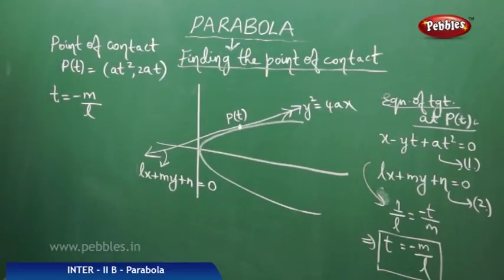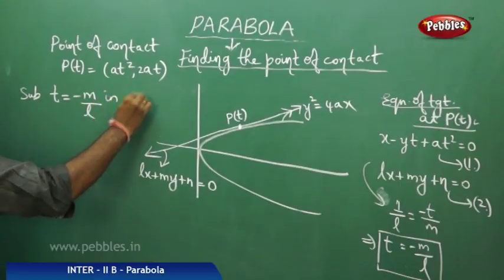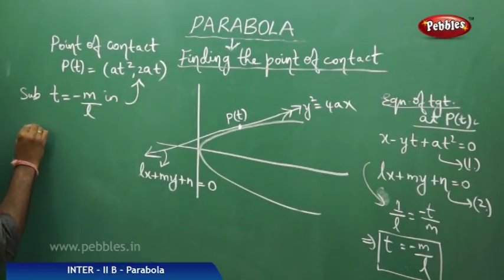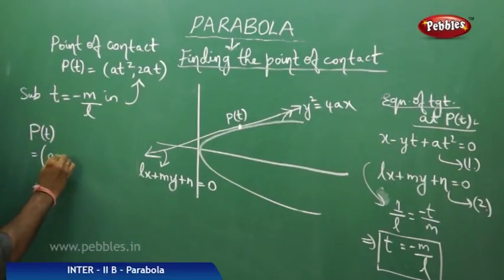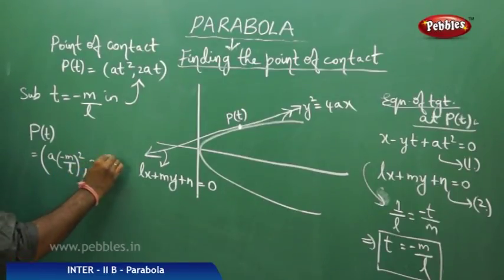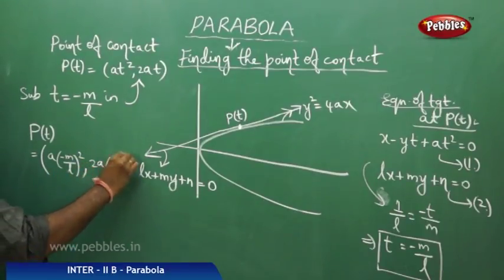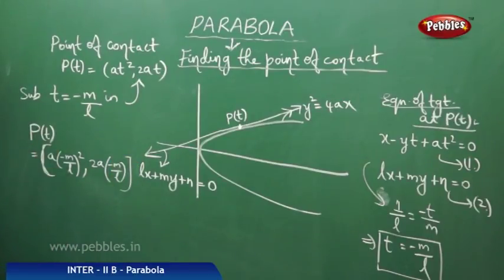So with t equals minus m by L, P of t is at squared, that is a times t squared, and 2at is what we get. So in place of t, which is substituted here, I get this to be am squared by L squared and minus 2am by L